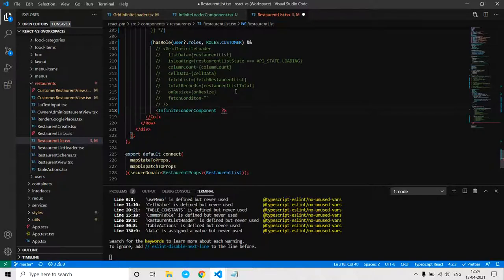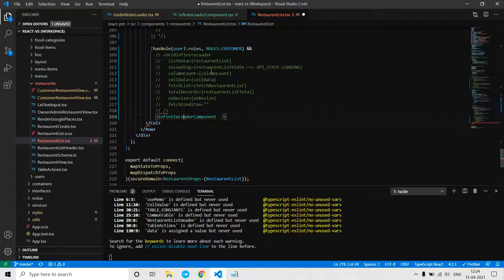Let's import it, and let's pass this on resize function, which I just explained to you.